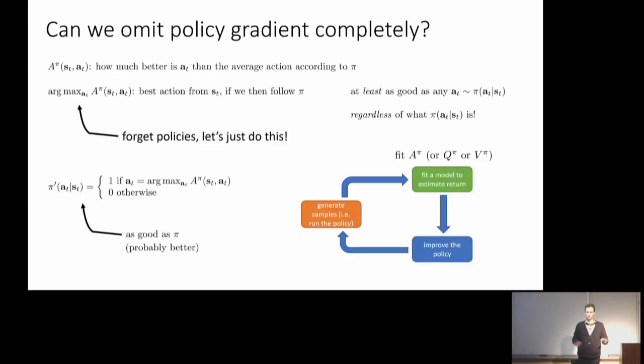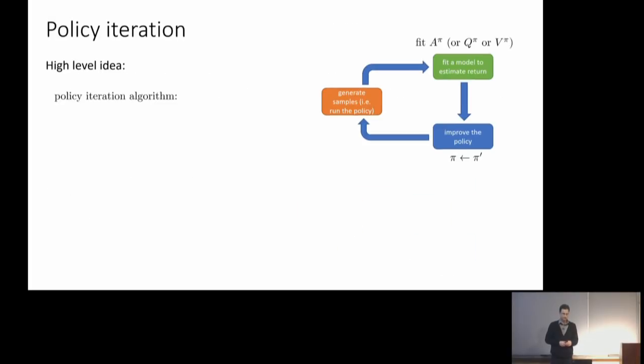And then in the blue box, where we go to improve the policy, we're not even going to bother with explicit policy gradient. We're just going to set the new policy to be this pi prime. So we'll set pi to be this thing, because that fully determines our new policy. And now we don't even need a specific neural network to represent our policy. We'll just repeatedly do this thing. So this is, in essence, a policy iteration.